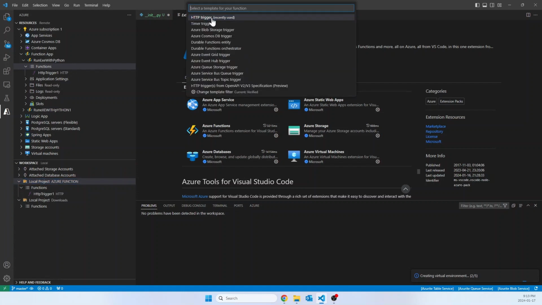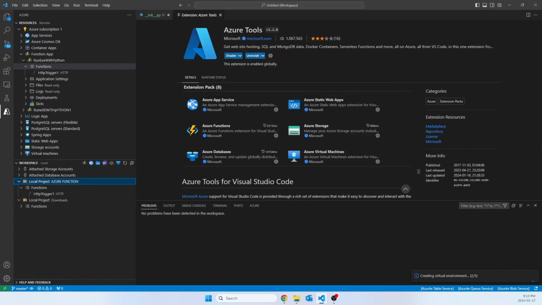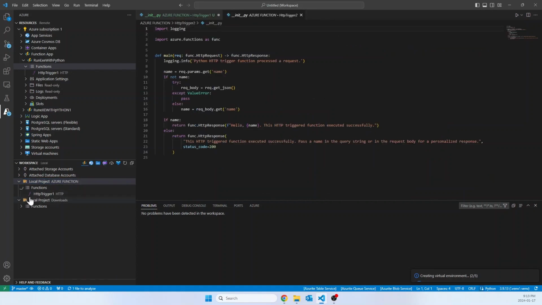We want an HTTP trigger, and we want an HTTP trigger too. Anonymous always, so it doesn't give you any problem. And that's how you would create here the HTTP trigger too. Okay, so now the HTTP trigger too has this